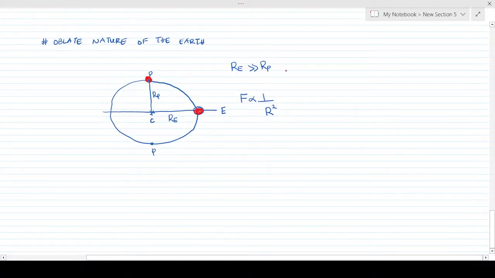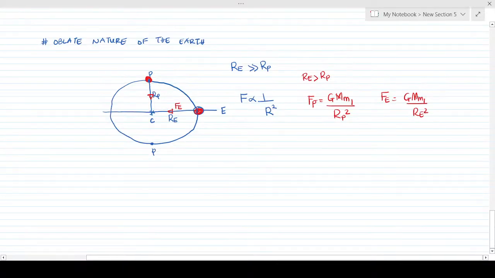Now, if you look at this carefully, the force of attraction between the body and the earth at the equator, which I'll call FE, will be lesser than that exerted on the body at the pole. This is because if RE is greater than RP, then the force of attraction at the pole is given by GM M1 over RP squared, and FE is also given by GM M1 over